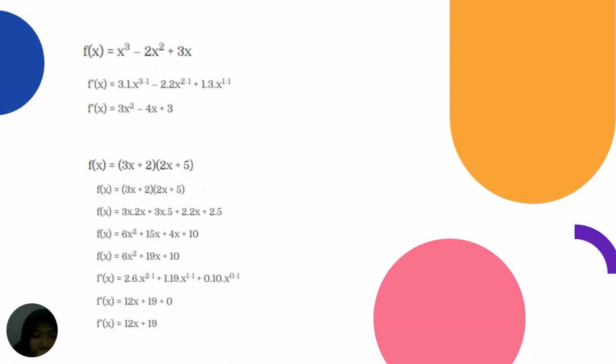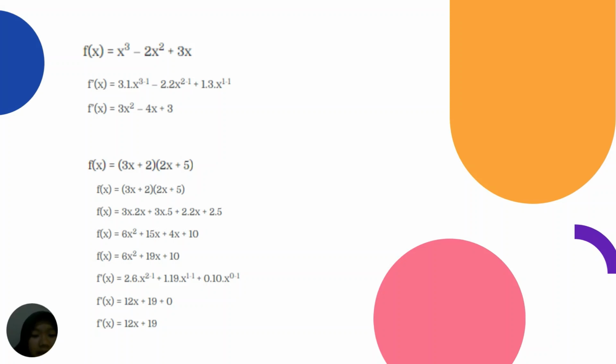We get f(x) is 3x times 2x plus 3x times 5 plus 2 times 2x plus 2 times 5. We get 6x squared plus 15x plus 4x plus 10, and we get 6x squared plus 19x plus 10,